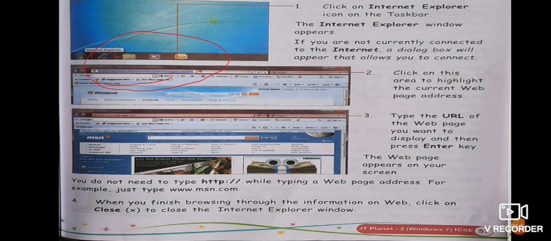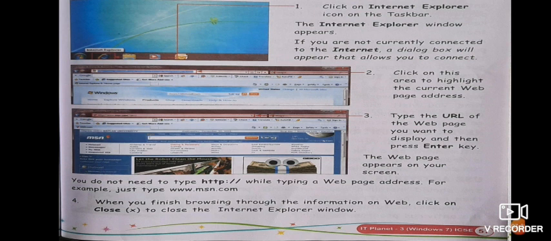After clicking on that area, you have to just type the URL of the web page and then press the enter key on your keyboard. And after doing your work on the internet, on the web browser, you can click on the close button.